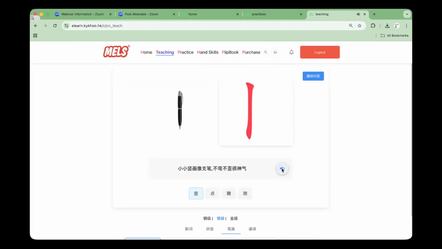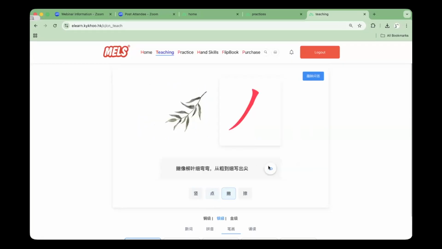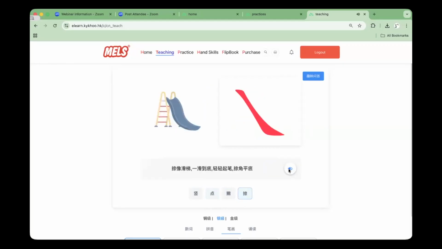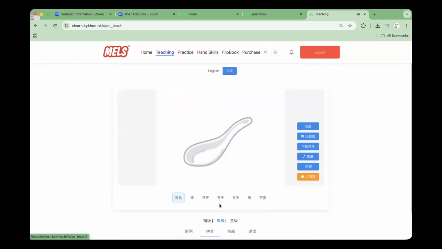小小数画像支笔，不弯不歪，很神奇。点。小小点像雨滴，稍稍按，停一停，往回藏。肚子圆圆真漂亮。铁像柳叶写，从粗到细写出尖。像滑梯，一滑到底，轻轻起笔，那叫平底。